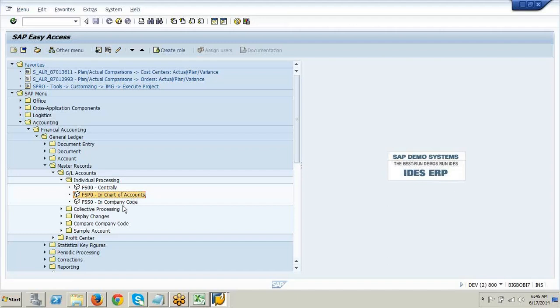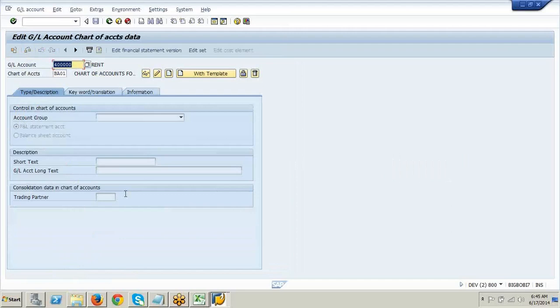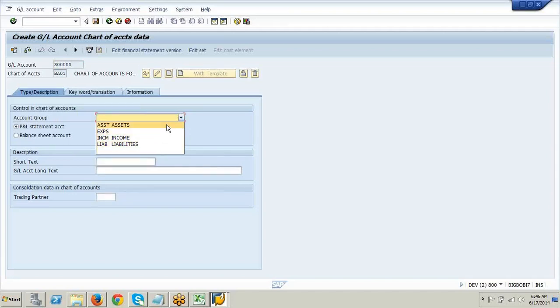So in chart of account, now I've extended to the company code. In both of these, you tell me which is the most difficult one. I'll go to the chart of account. Imagine an end user is there, trying to create this GL account. 3 series, create. When I drop down, it should come under what series? Income.